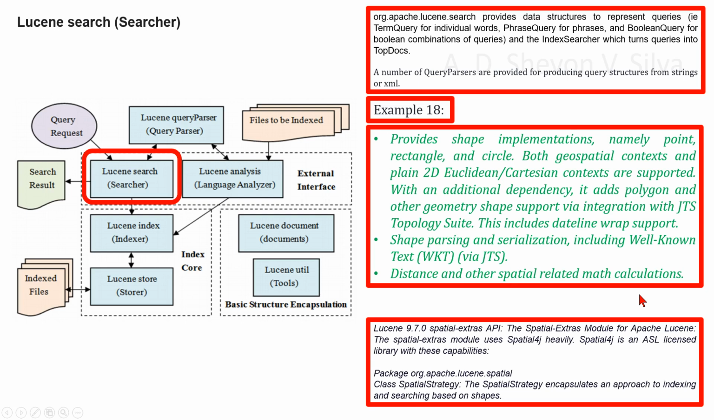The Spatial Extras module, new to Lucene 6.5, is the new home for our original Lucene Spatial module. The principal interface in this module is SpatialStrategy, which encapsulates an approach to indexing and searching based on shapes. Different strategies have different features and performance profiles, which are documented at each strategy's implementation class level. For some sample code,